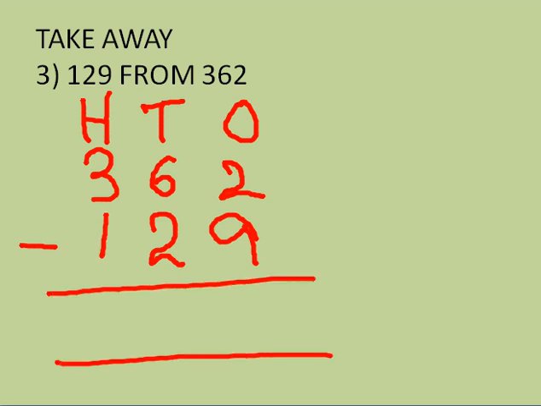Now we will start our subtraction, and you know it very well: we have to start addition or subtraction from ones place. In ones place the numbers are 2 minus 9. We cannot subtract 9 from 2 because 9 is a larger number. You don't have to subtract in reverse manner, 9 minus 2. That is wrong. The number here is 362 and that is a larger number, though its ones place is smaller.